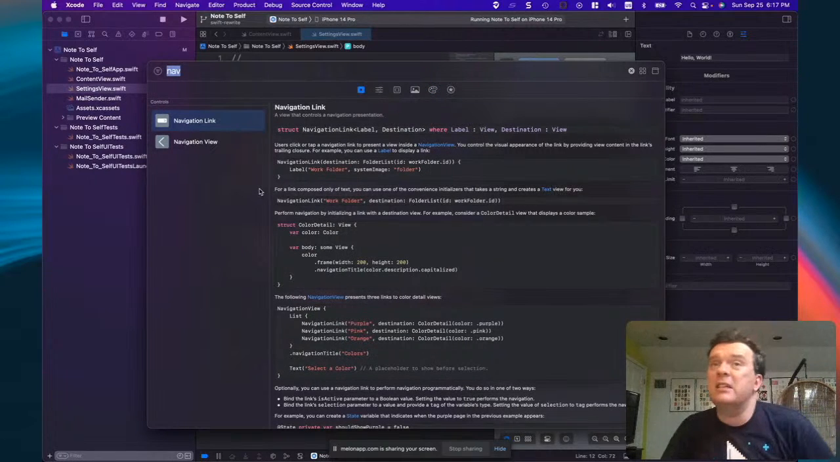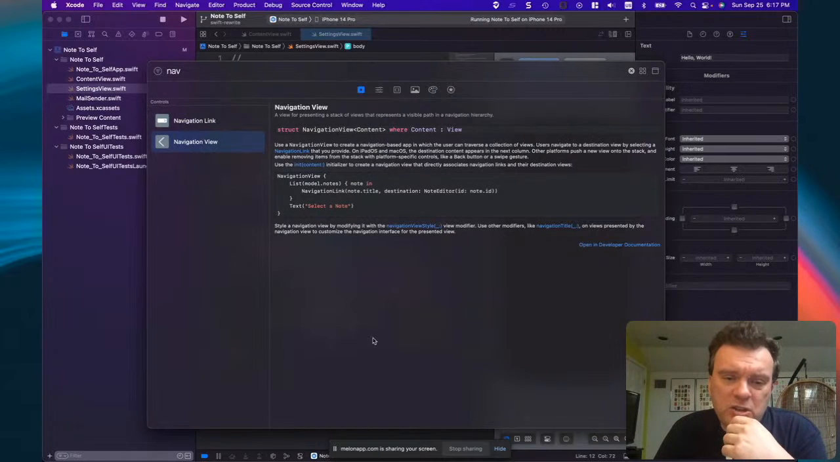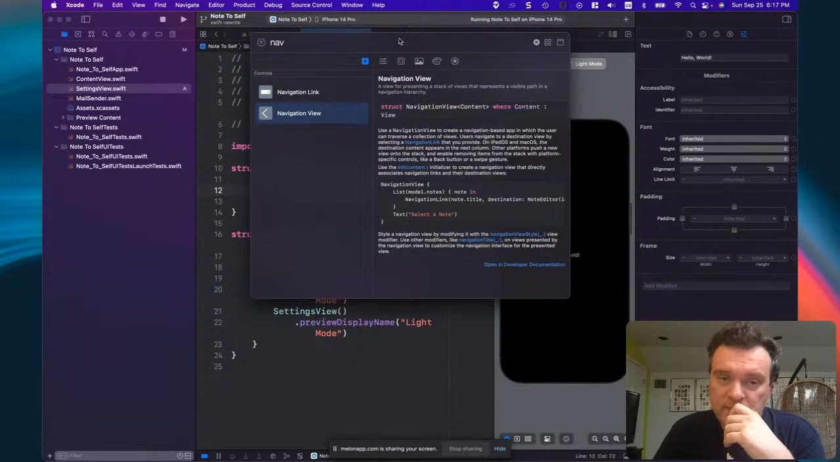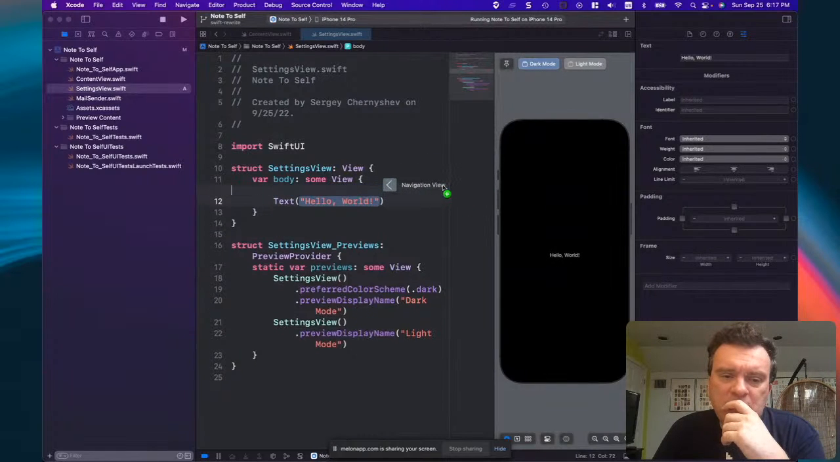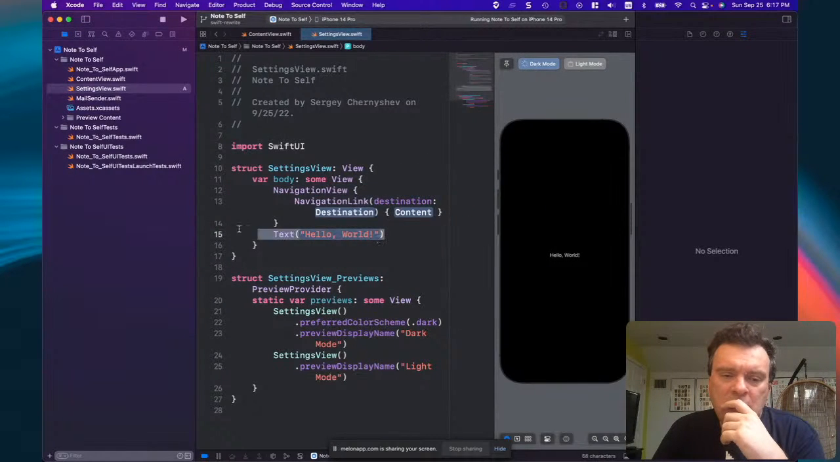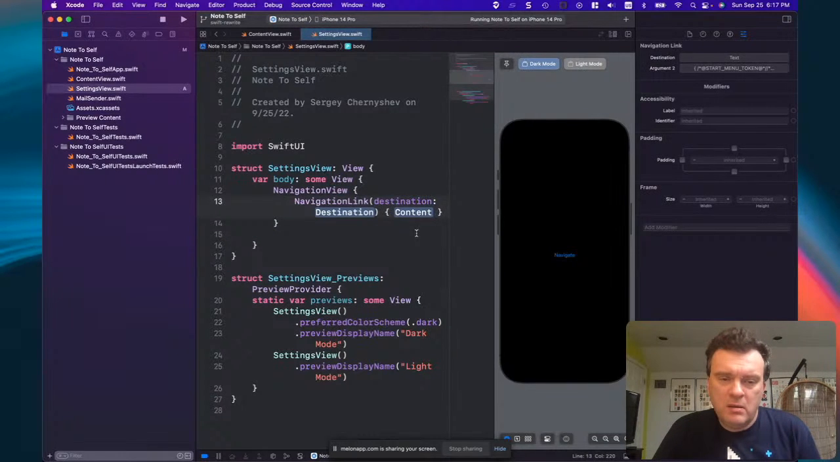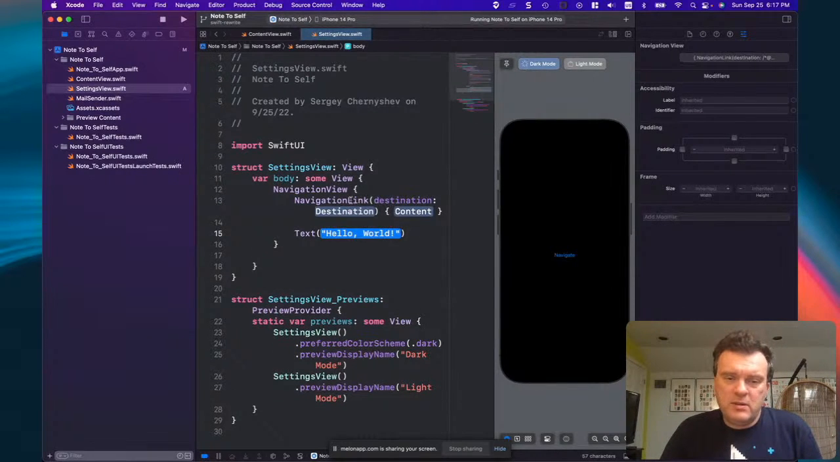We need the navigation itself, right? So I hope this will be like this view that comes out, and then you can come back in, right? So navigation view has navigation link, right? So let's use that. Right, so navigation view, this will be content of this, right? Navigation link,